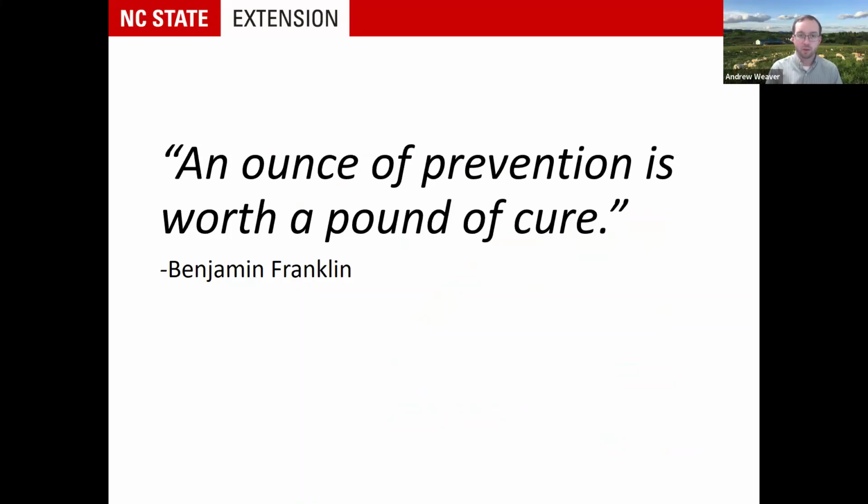This is one of my favorite quotes I go back to, especially when I talk about health-related issues. An ounce of prevention is worth a pound of cure. The little things you can do up front, and taking the time when you see that animal limping, address it that day. Don't wait and come back a week or two later, because there's probably going to be that many more animals limping, and it may have evolved to a more severe form by that point. So do what you can up front. Be attentive and timely in terms of addressing these types of issues,